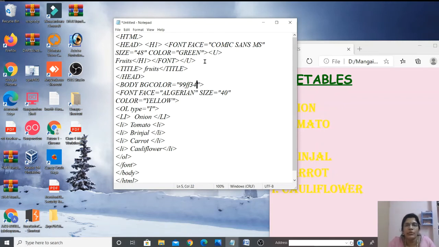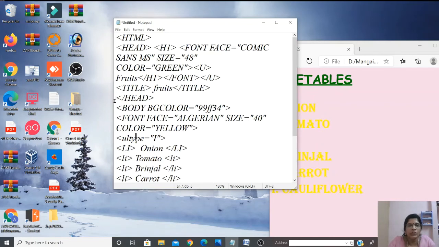Then the fruit names, and we have to change the ordered list into unordered list. So UL. We will do it without any type. Just UL, unordered list, and the vegetable names also I'm changing. Instead of onion, let it be apple because it's fruits, right?